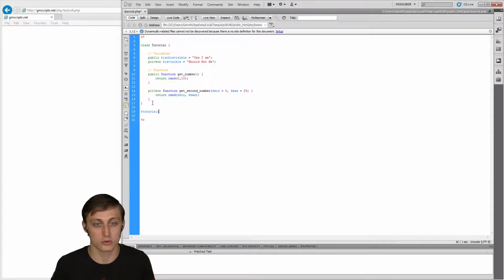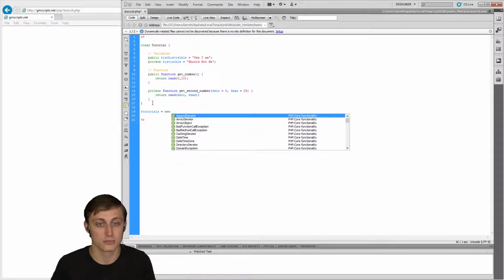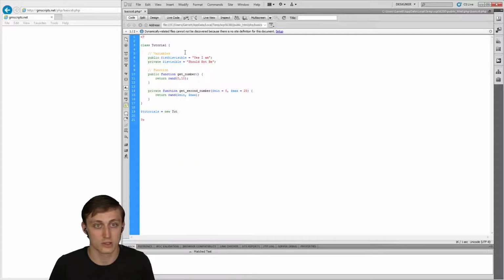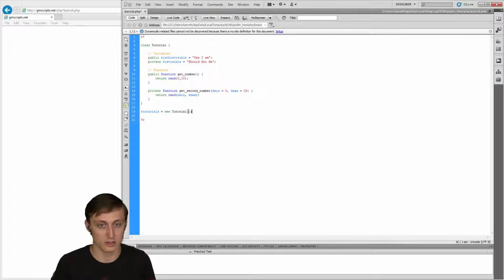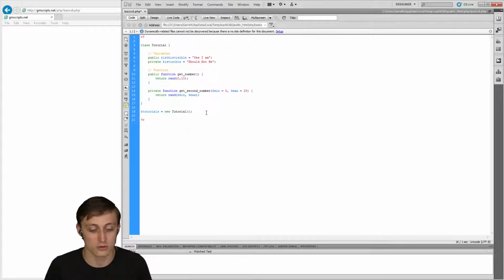Tutorials, we're just going to name it tutorials, is equal to new tutorial. Oops. Just give me a second here. Computer's not liking me. Tutorial. And then we're done. We have to make sure you set your parentheses around it just to define that variable, because